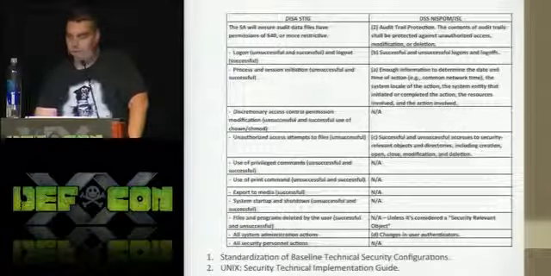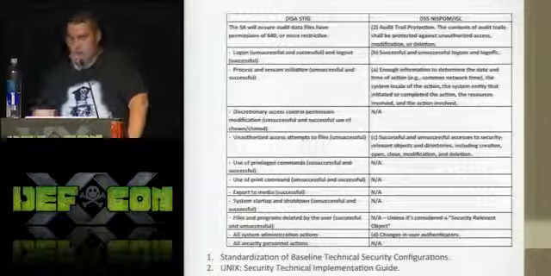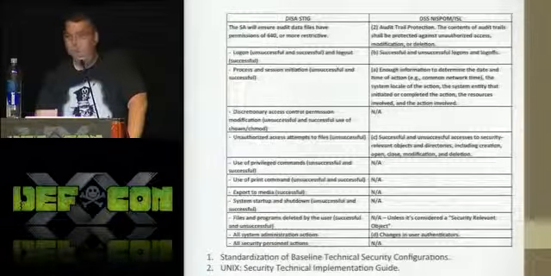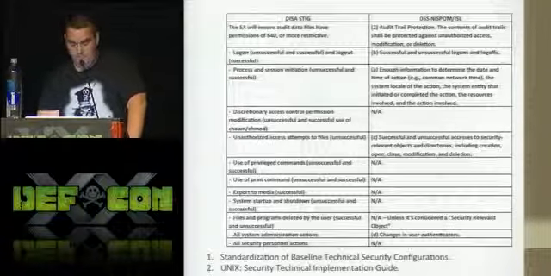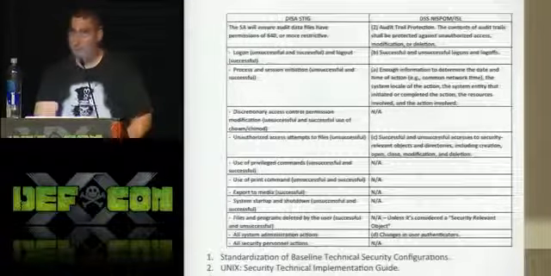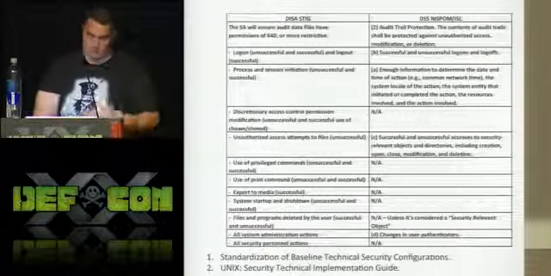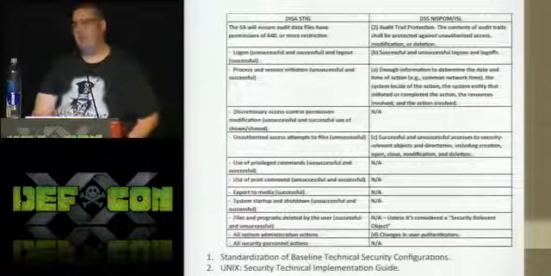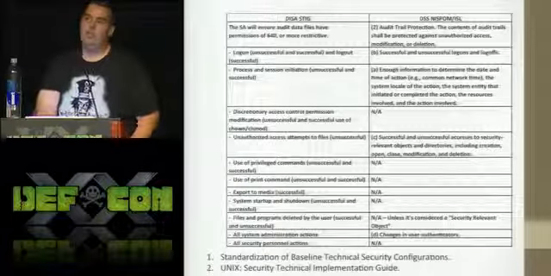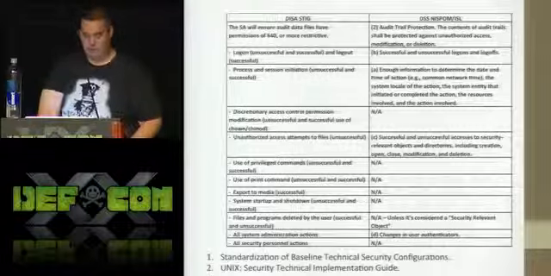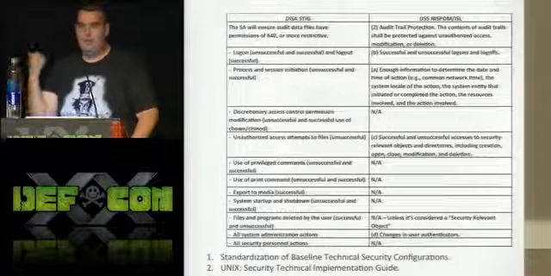So we don't cover discretionary access controls at all. We don't care if you use privileged commands. We don't care if you print things. We don't care if you take things off the system. And we don't care if security personnel do anything either. It's kind of funny to me because some of these are the things we should care about the most. If I'm processing classified information in a company, I'm not caring about some ninja trying to